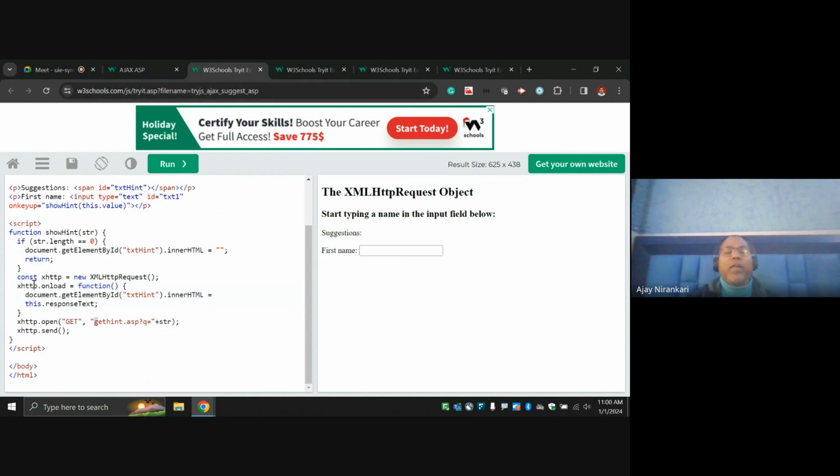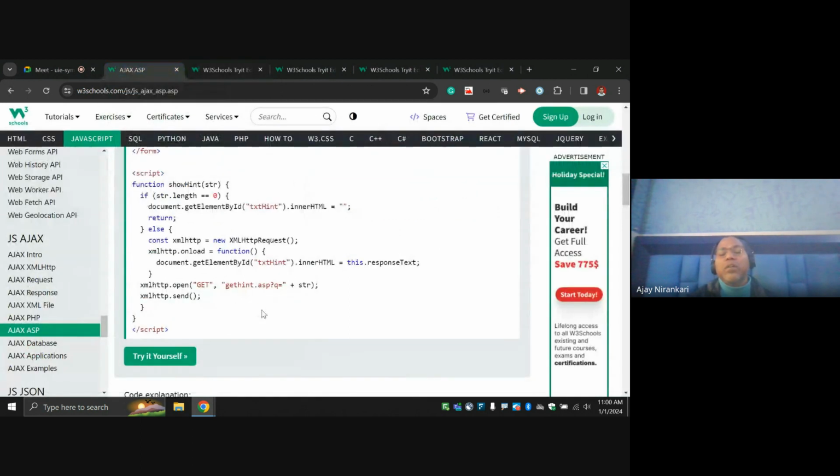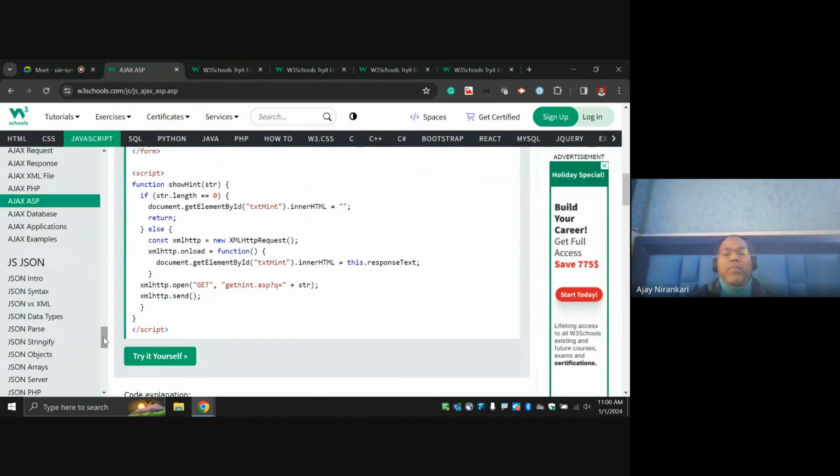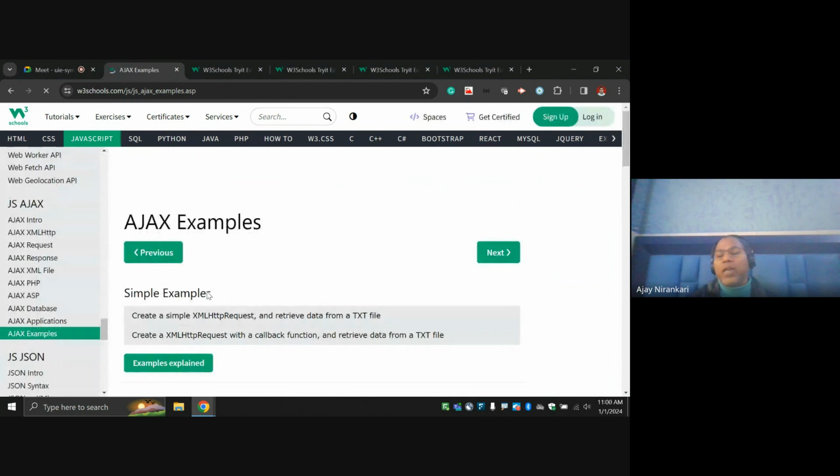So this 4-line is the complete AJAX code. AJAX means asynchronous calling of any API. Maybe lots of examples they have given. Go to the AJAX application example they have given. Just explore them, and you can easily understand this